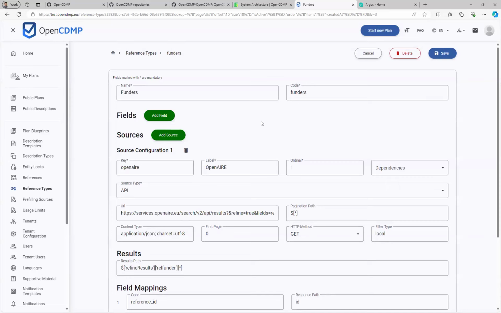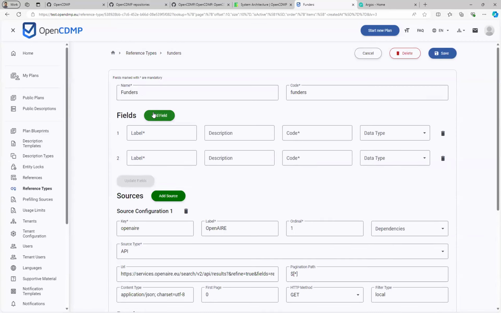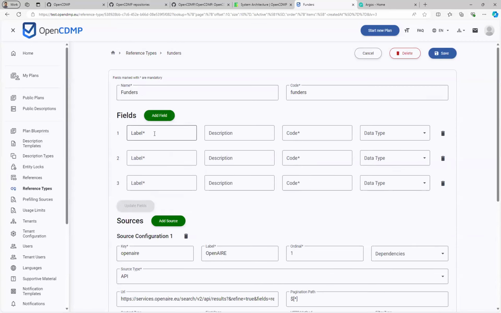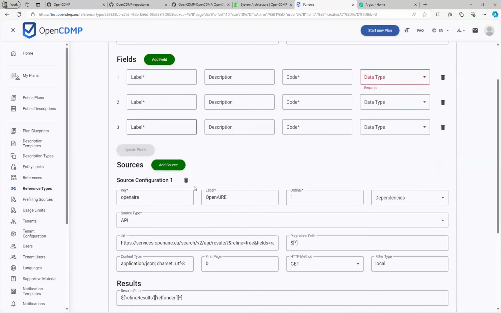The idea is that you define the metadata of your reference. For example, if you want your funders in that installation to have, let's say, three fields, you can create the fields here and add the data type and the code in the description for each kind of field your funders will have.